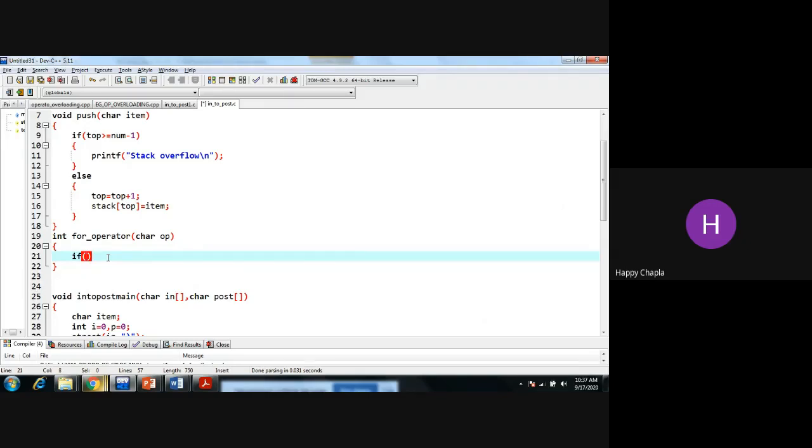So if my operator OP is equal to the caret sign, or OP is equal to the division sign, or your operator is equal to multiplication, then and only then I can say that the incoming character is an operator, otherwise I cannot say.